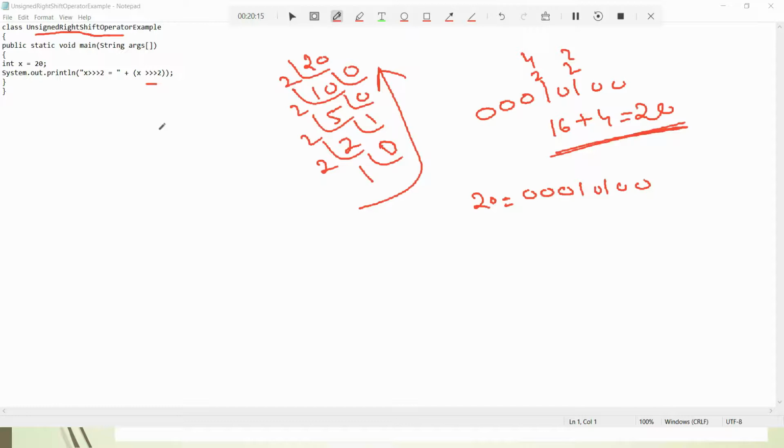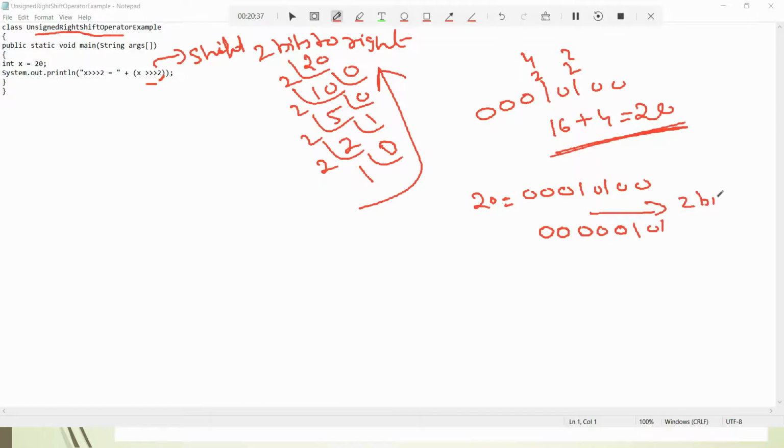Now what do I do? Shift 2 bits to the right. So here what do I do? Shift 2 bits to the right. So what if 3 is given? Then shift 3 bits to the right. So here I simply do that, and I append the first 2 bits as 0. Then write the same thing, 0 0 0, then 1 0 1.